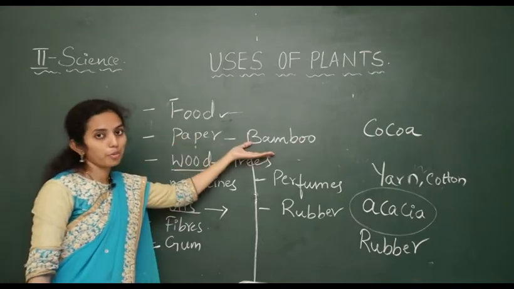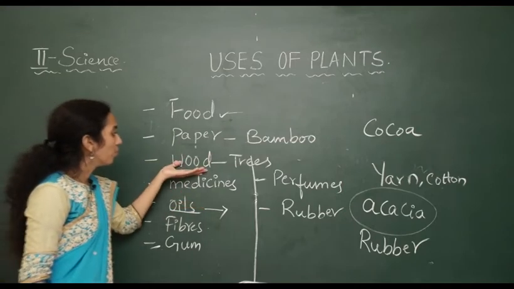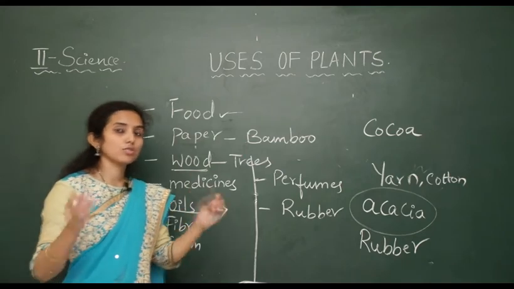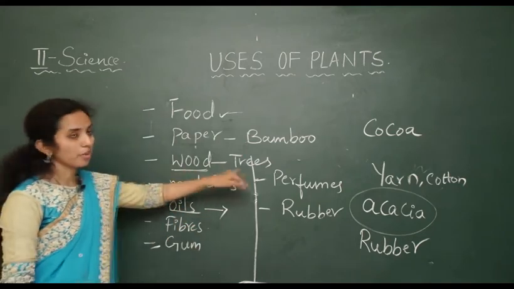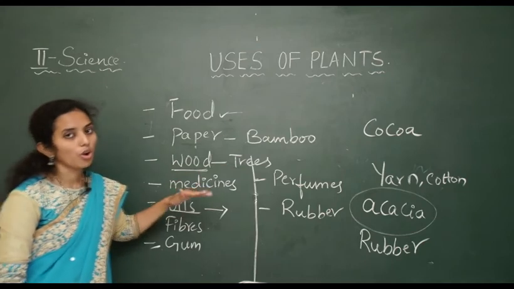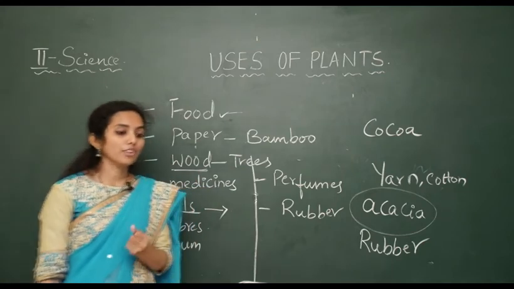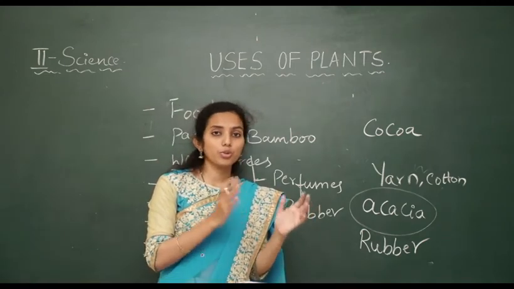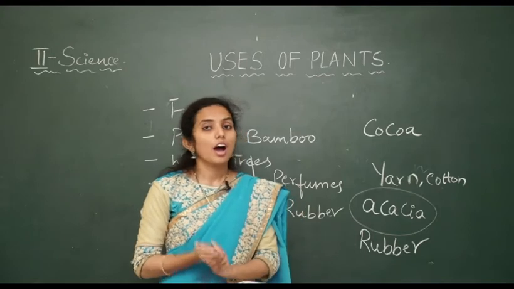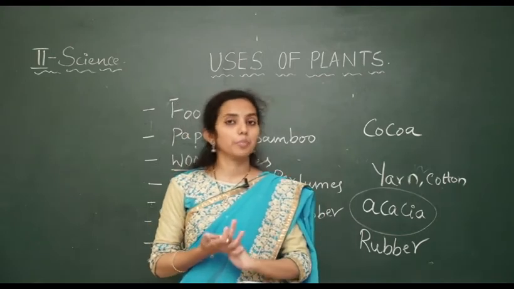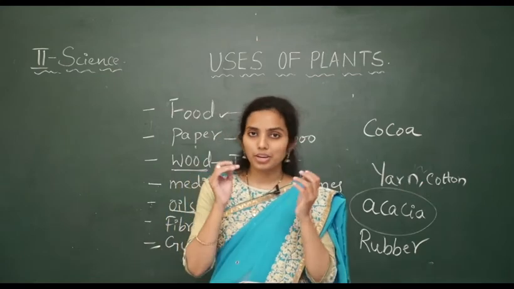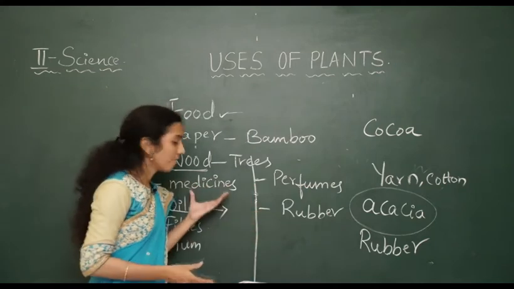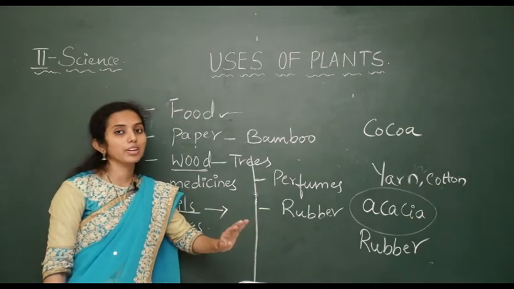Paper, that is from the bamboo plant we extract paper. And wood, that is from cut down trees or the big trees to make furniture, we get wood from the trees. And medicines, you know, there are so many medicinal plants, and we also have a complete medicinal section which cures diseases, that is Ayurveda. Ayurveda is completely dependent upon herbs, different types of herbal plants which have medicinal values. So complete Ayurvedic medicines are dependent upon